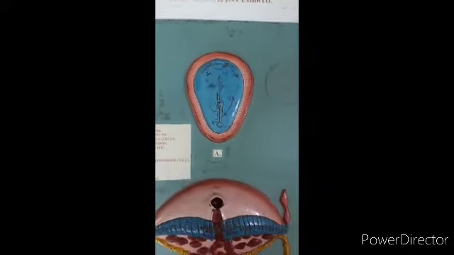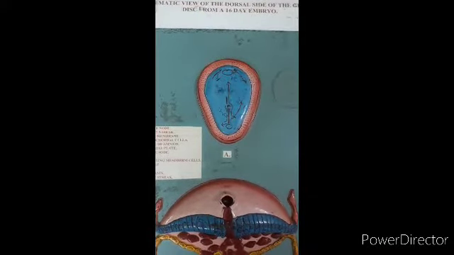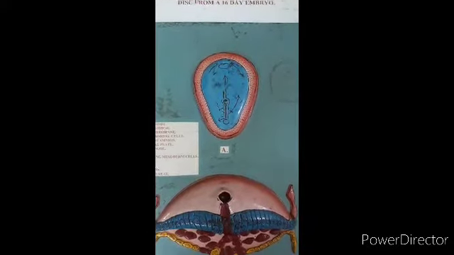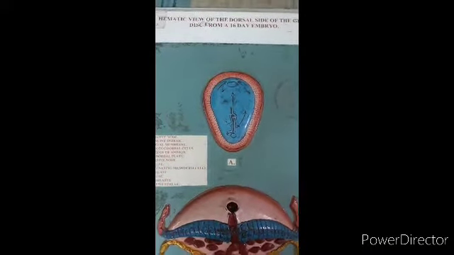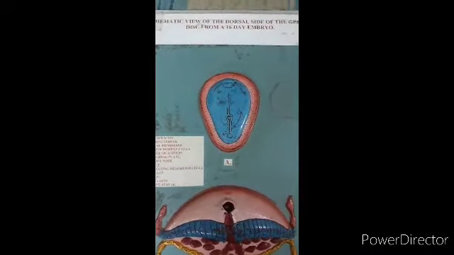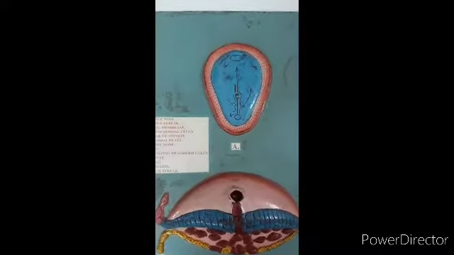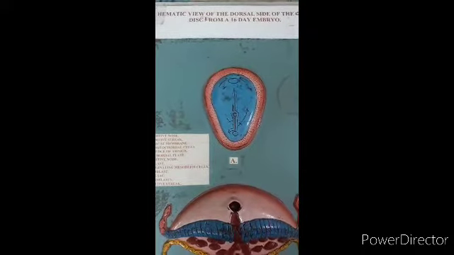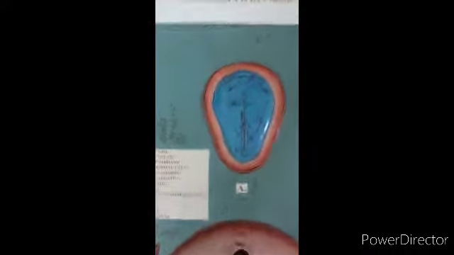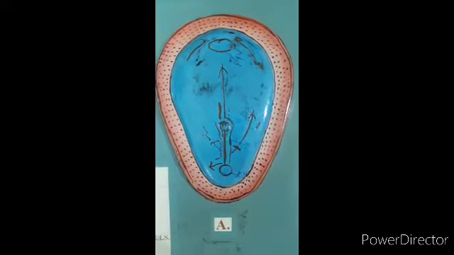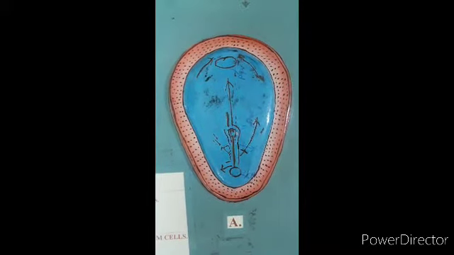As you know, in the bilaminar stage there are two layers of cells. They are the epiblast and hypoblast. That is known as the bilaminar disc. So the transformation of the bilaminar disc into the trilaminar disc is known as gastrulation. So events that take place in gastrulation: first is the formation of the primitive streak. You can see in this how the primitive streak is formed.